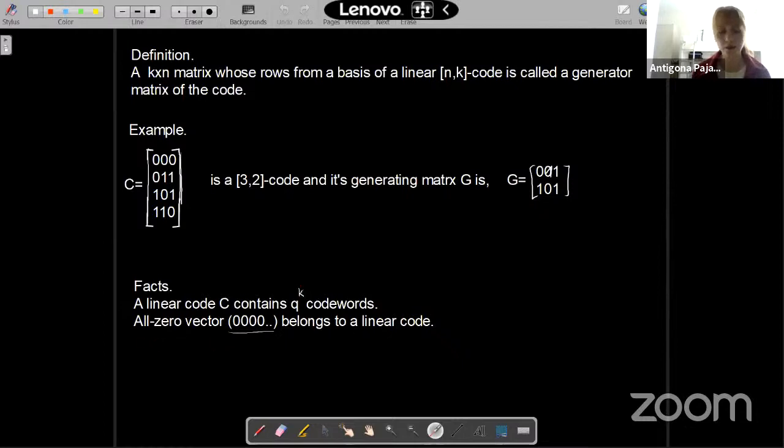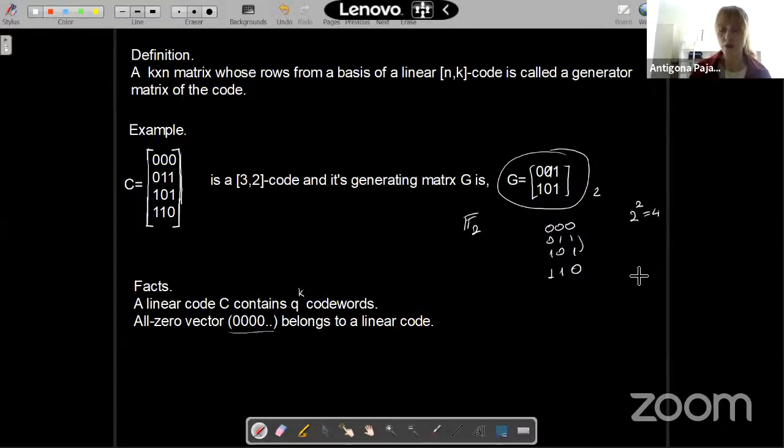Another fact: all linear codes contain the zero vector. So if only this were given, I would first write 0, 0, 0. I would write 0, 1, 1 and 1, 0, 1, and then I would add them up, and this will be 1, 1, 0. Because I am working over a finite field with 2 elements, 0 and 1, I would know that there are 2 to the 2, so 4 code words. So I will know that this is the code that I'm looking for. So this is one advantage.